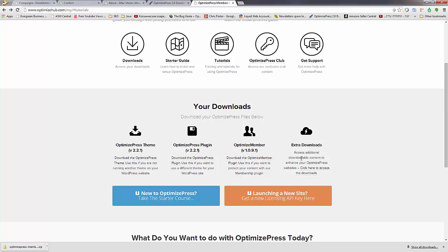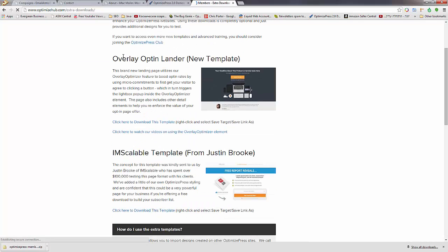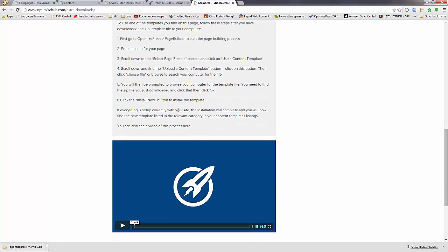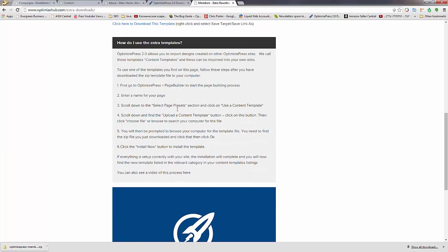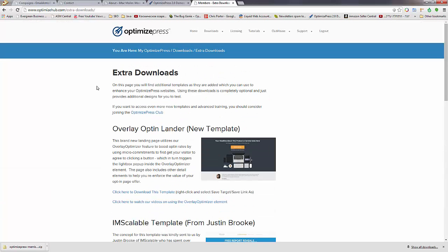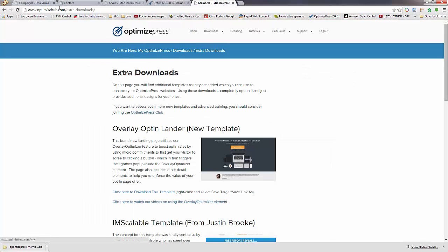And you also have additional downloads here, and they're quite useful. You can check it out because you have Overlay Opt-in Lender. That's basically a plugin for this plugin. It has another template and also a video explaining how to install this template. So those are the things that you have to do, but the main thing here is to check the help file,